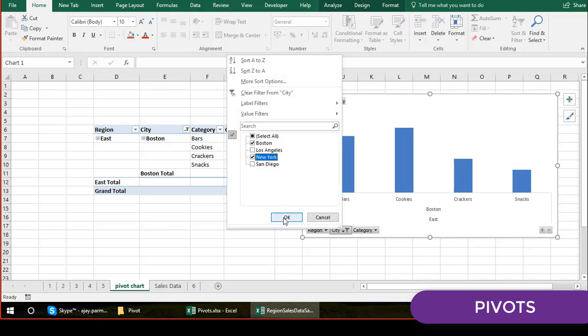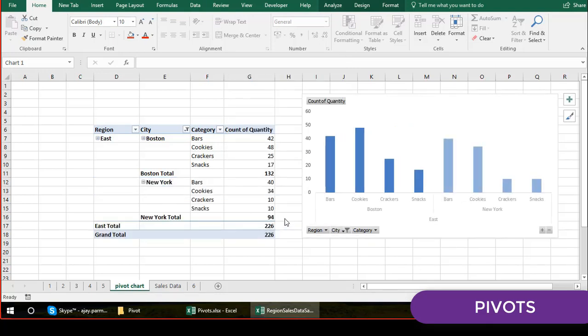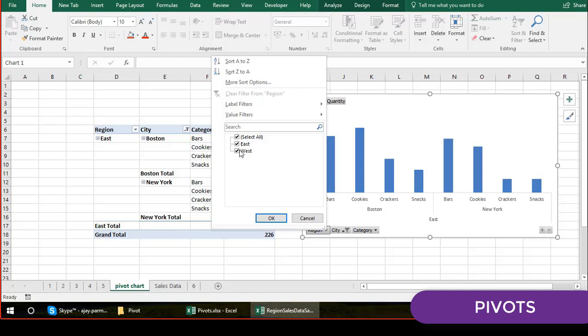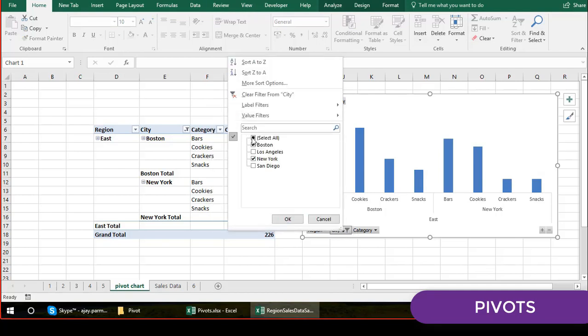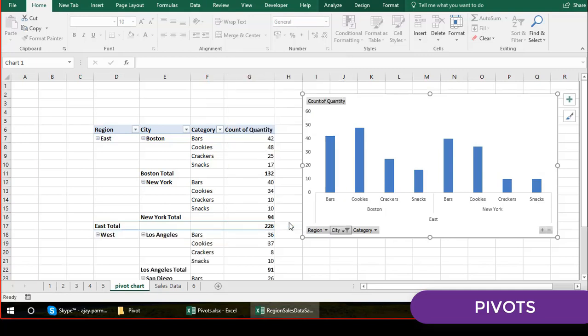So let's say I want to see New York. So you have the Boston, you have the New York in the east, and if you just select that, west is already there. So in the west we don't have this. So that is how it is. So maybe you can do one thing.